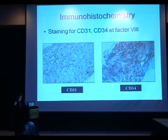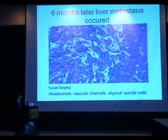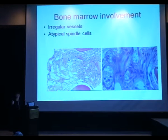But I told you that this lady had multiple hematomas, and in fact, it's a very strange clinical presentation, this patient, because 6 months later, she had liver metastasis. And this is a liver biopsy, so we have the same aspect of angiosarcoma with anastomotic vascular channels, atypical spindle cells. But she also had, when we look at her blood figures, she was having anemia, but she was having also abnormal leukocytes and abnormal lymphocytes and platelet issues. So she was having a decrease in the different elements. And in fact, she was having a bone marrow involvement. And in the bone marrow, she was also having foci of